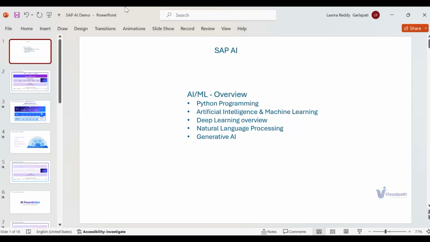Those who are freshers and those who have an interest to code and do some development activity as well, for them we will cover a little bit of Python programming, what is necessary for building an AI, ML or generative AI application and deploying it in the SAP ecosystem.